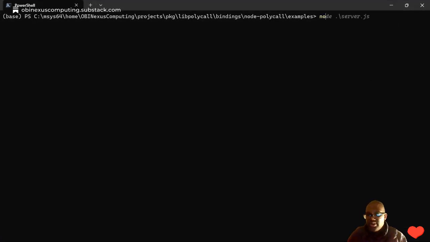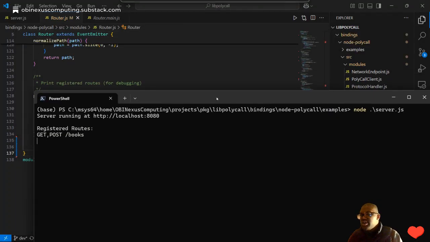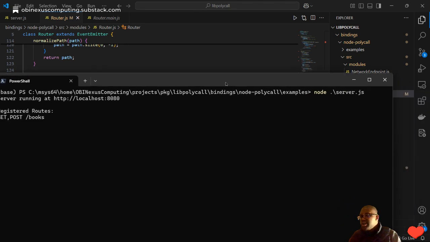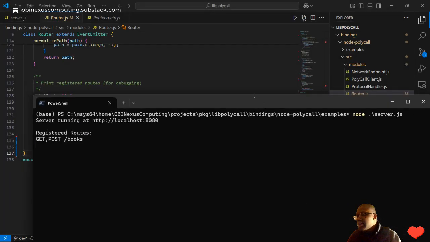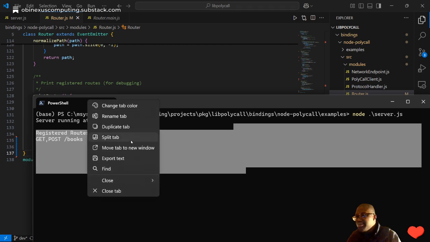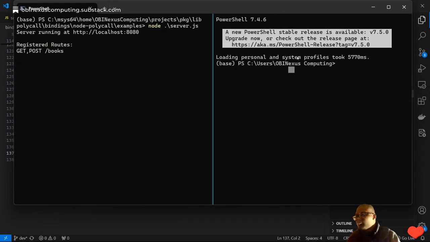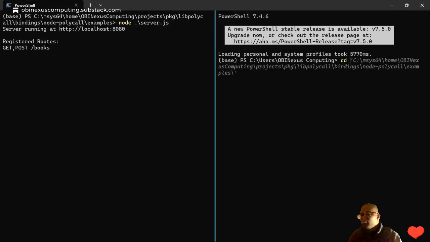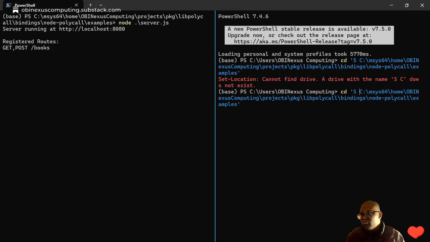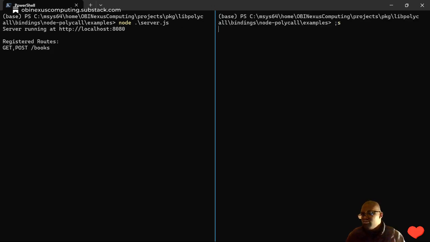Now, if I run the server on /server, no, server.js, I'm saying this is the same server. I now have this post request to books. Now, to actually make this polymorphic, now this is just automatic binding. So if I go to split tab, copy this URL, copy this path to this server. And then now